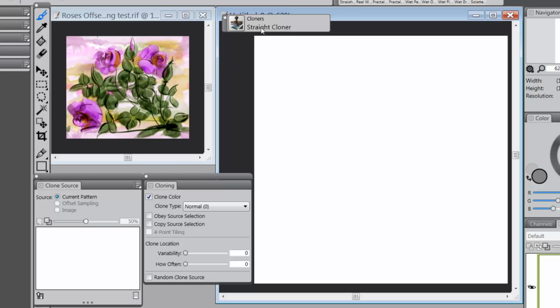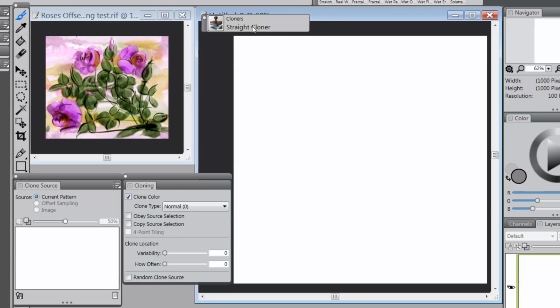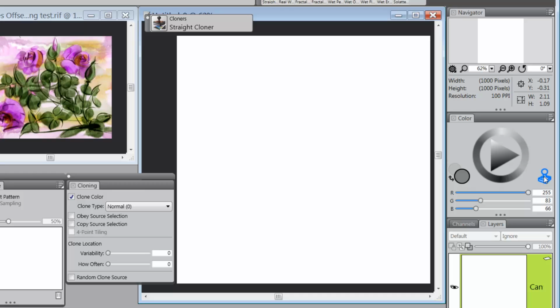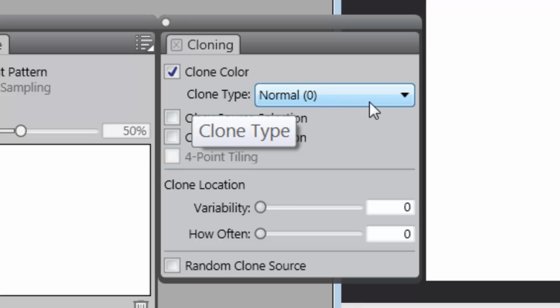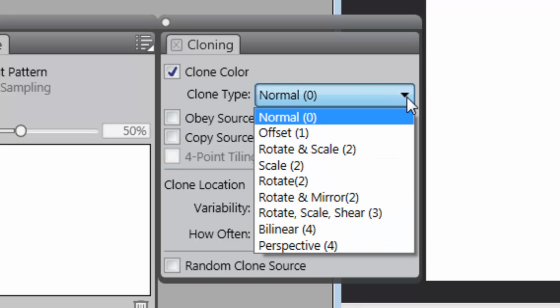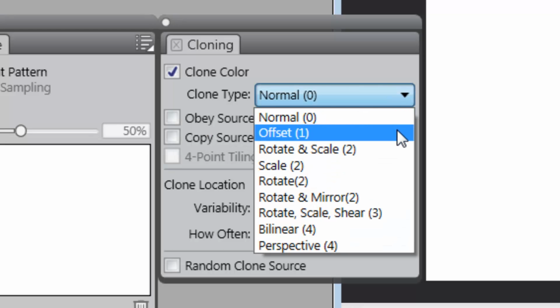You want to take your brush, in this case the Straight Cloner, but you can use any brush that allows you to select clone color. You come to the cloning panel and you'll see clone color selected, and the clone type is normal. Well, I'm going to change that to offset. Now watch, when I change that to offset,